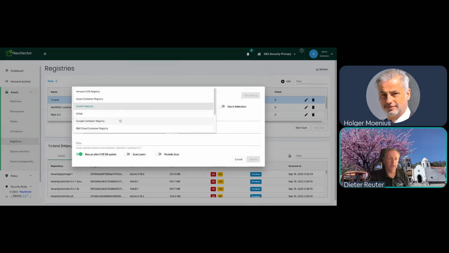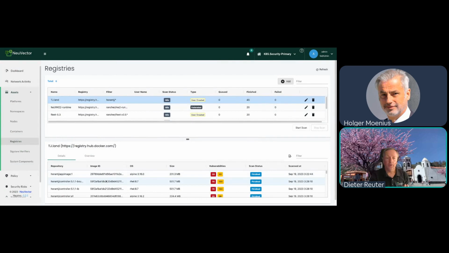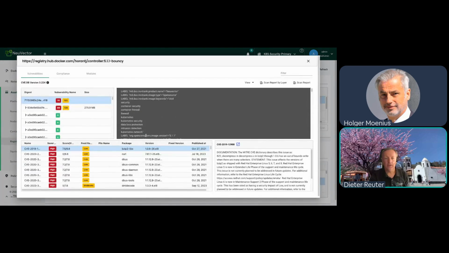Can be online, can be locally installed. Everything what is compatible to a Docker registry API version 2. And this, for example, is a Harbor registry as well. So you can connect to, we can scan it, and then you see all the scan details